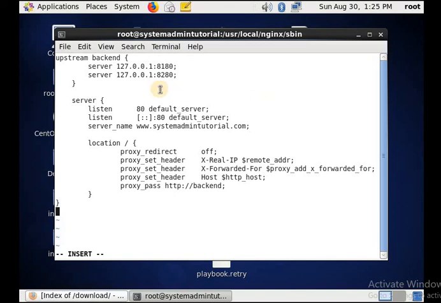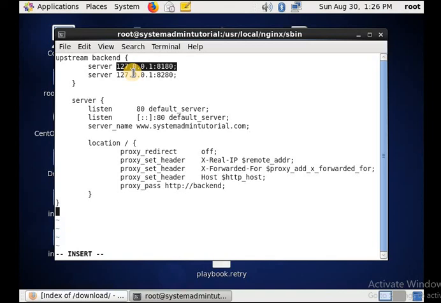I will provide this syntax in my description. Here you have to give the server name. You can see I have given the port number. I am using 127.0.0.1:8180 because I am using horizontal clustering here.